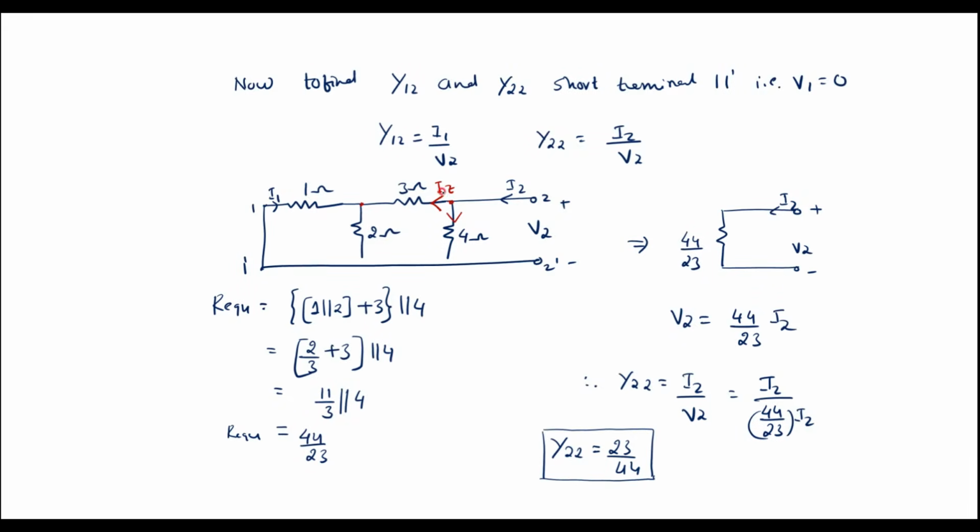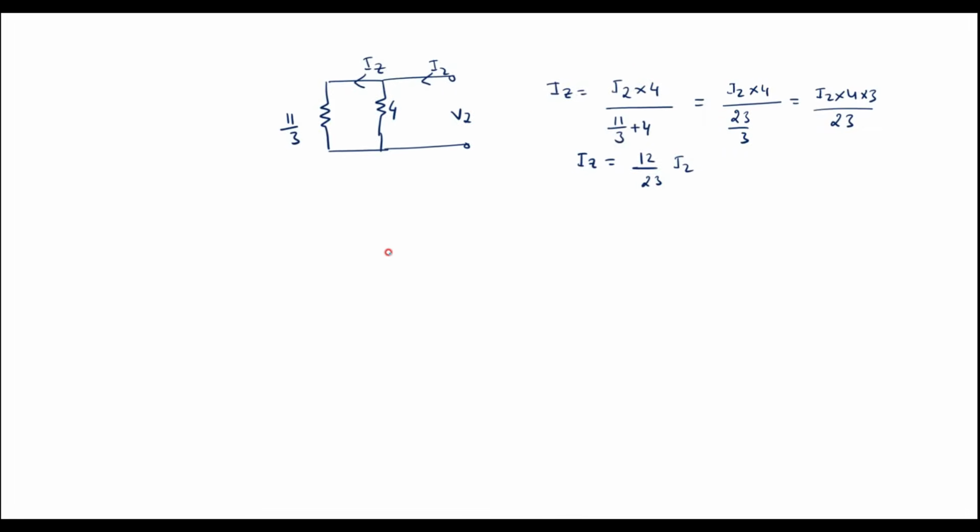Now come back to this circuit. This IZ will flow here. At this node, the current will divide. Part of the IZ will flow here, and part of the current will flow here. The current flowing through this branch is nothing but minus I1, because this is opposite to this. So now let me find this current. Once I find this current, the negative of that will be I1. Let me call this as Ix current. So I can say Ix is equal to,